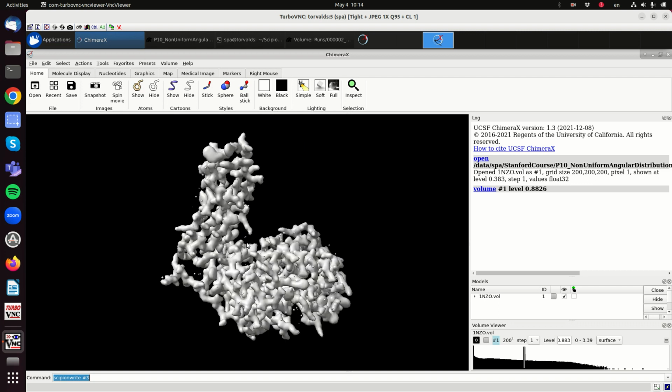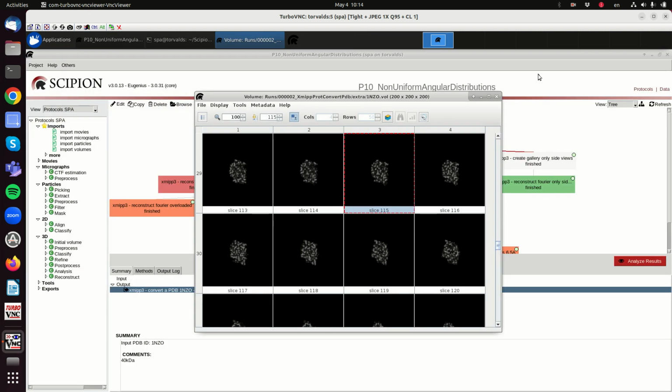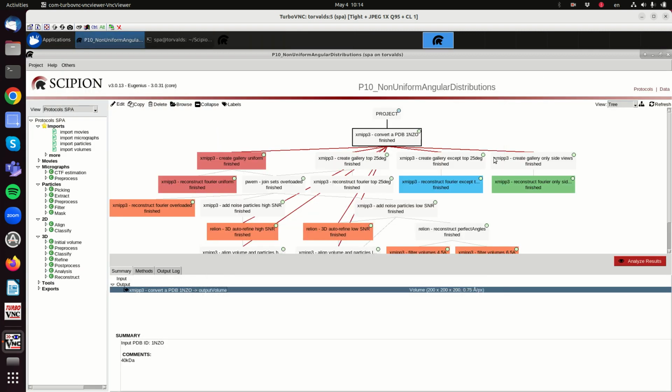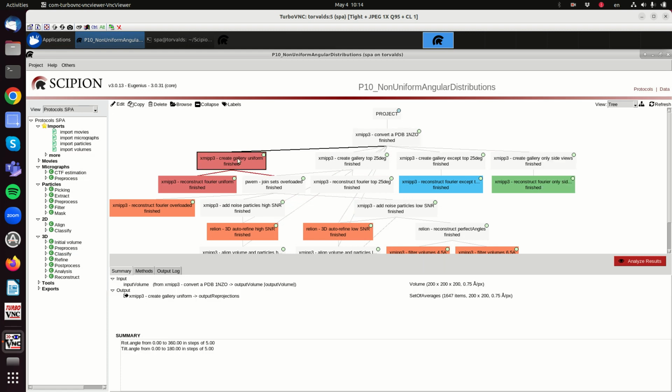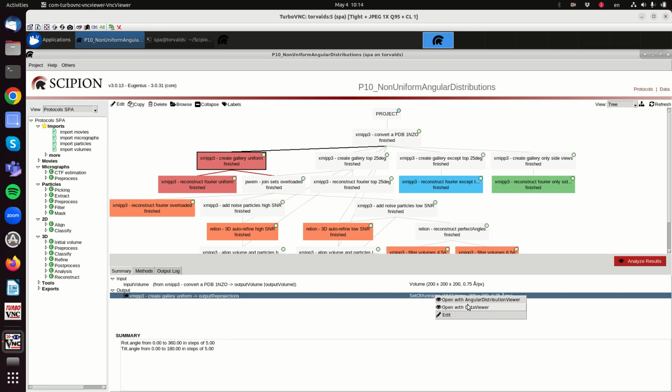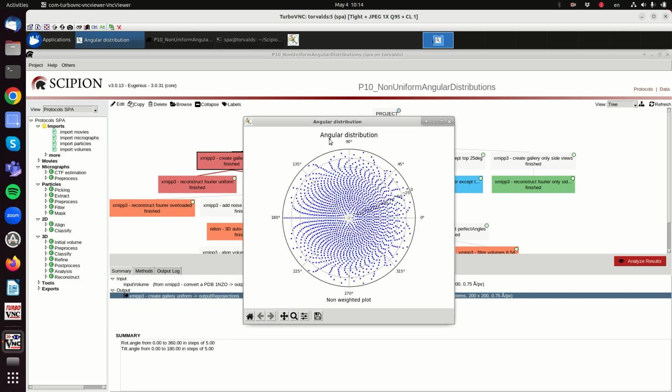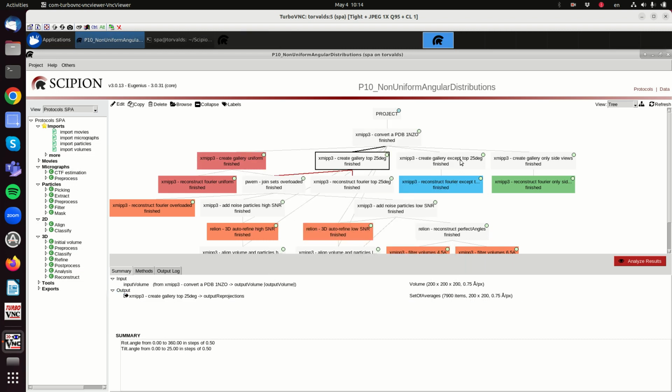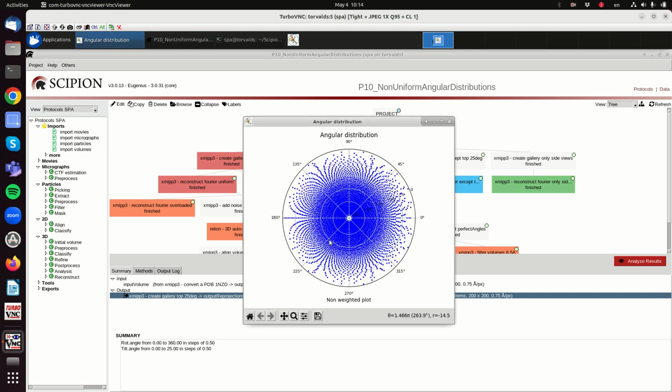So now what we will do is generate different galleries of projections. One is uniformly distributed in the sphere. If we look, for instance, at the angular distribution, we see that it is pretty uniform, while these other three will be biased in some direction. So for instance, in this one, most of the particles are coming from our top views,